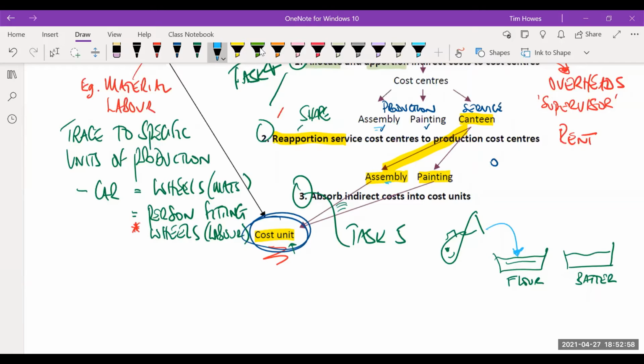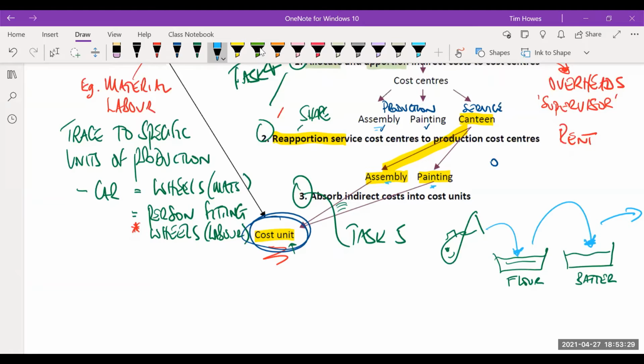We call it absorbing. And then when it comes out of the flour, you know what happens? They then dip it in the batter. And of course, now this is our units of output in the painting department. When they're in there, they're going to pick up some more of this overhead cost. Or in my picture, it's going to come out of there with a load of batter on it. And then, of course, it goes off into the fryer, which is our manufactured output, if you like. So that's my view of absorbing overheads.